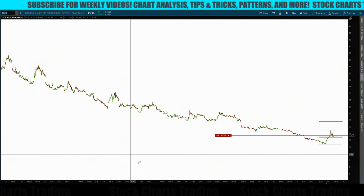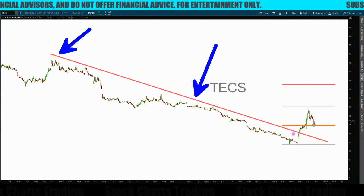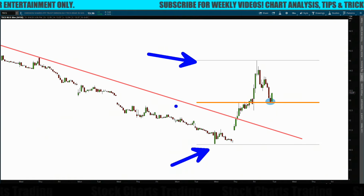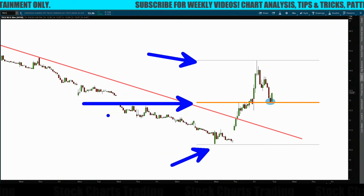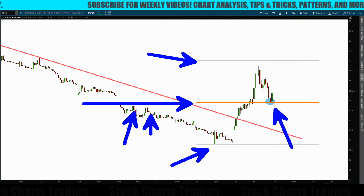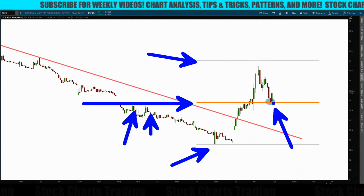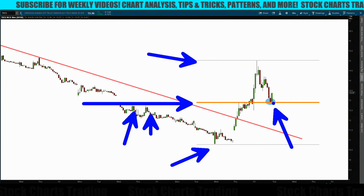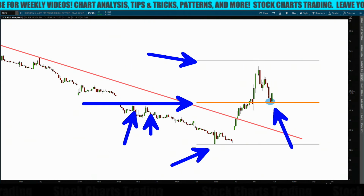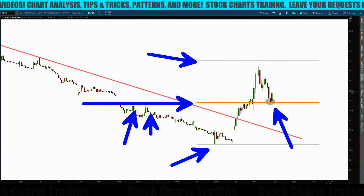My next trade is TECS. You can see that we have resistance, and we broke out of that resistance right here. It's the same trade. You have the highs, you have the lows, you put the Fibonacci on there. You have support right in here off of these candlesticks. You came down into this area, and I bought right here at $13. This is a bearish 3 times long what the QQQ is. So as QQQ is really high and it's coming down, this will be doing the inverse, which is going up